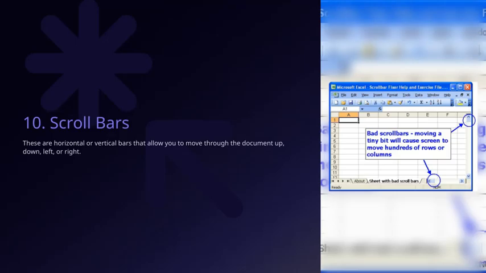These are the horizontal and vertical bars you see on the edges of a document or window. Their main purpose is to help you navigate through the content. If you're working with a long document or a wide spreadsheet, for example, you can use these bars to move up and down or side to side. Essentially, they act as your control to explore different parts of your document without having to scroll manually with your